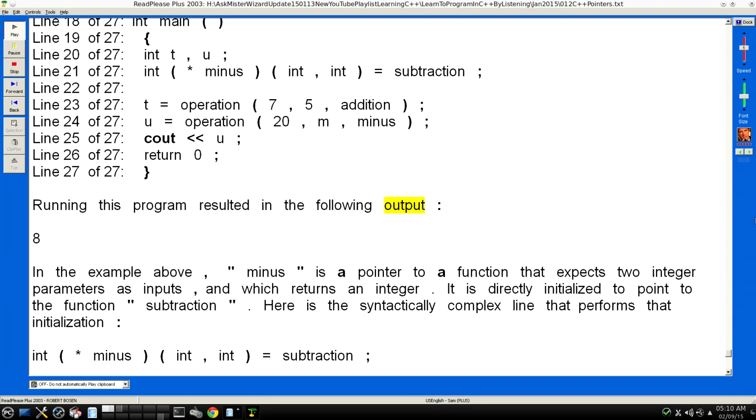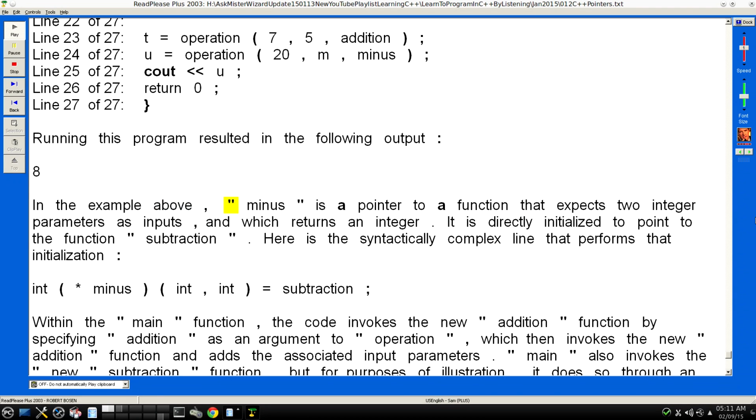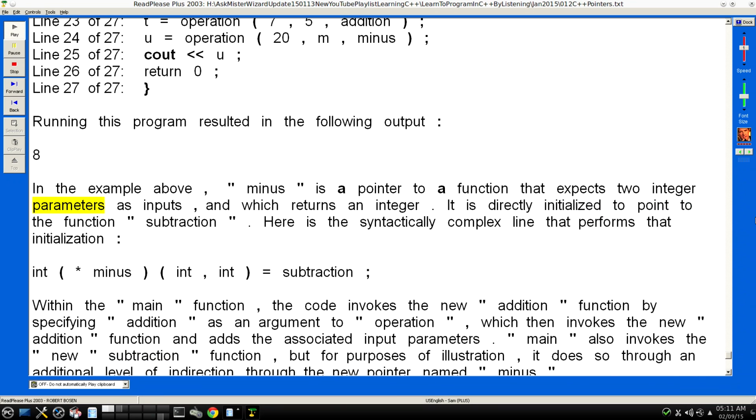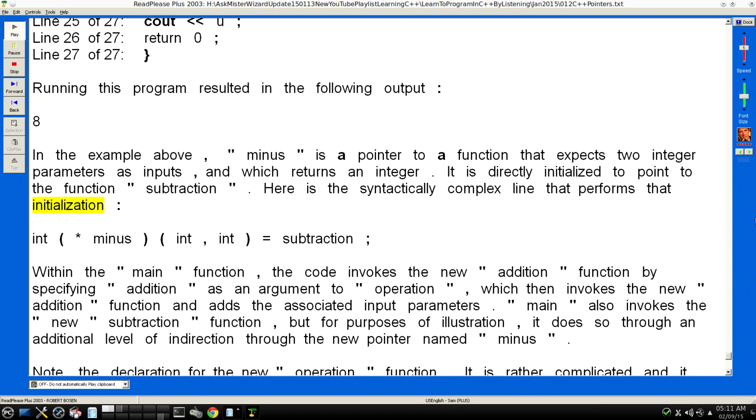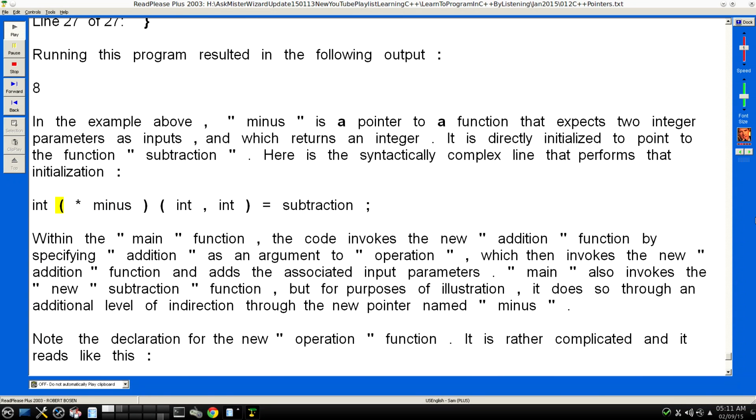Running this program resulted in the following output: 8. In the example above, minus is a pointer to a function that expects two integer parameters as inputs, and which returns an integer. It is directly initialized to point to the function subtraction. Here is the syntactically complex line that performs that initialization: int (*minus)(int, int) = subtraction;